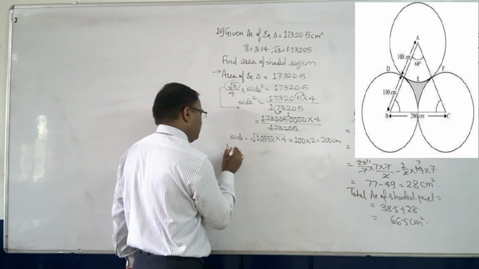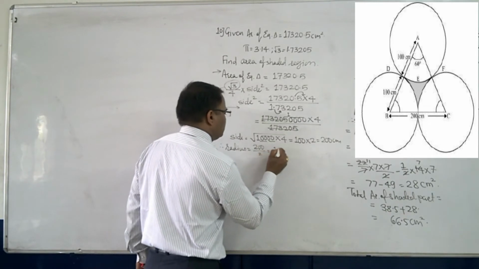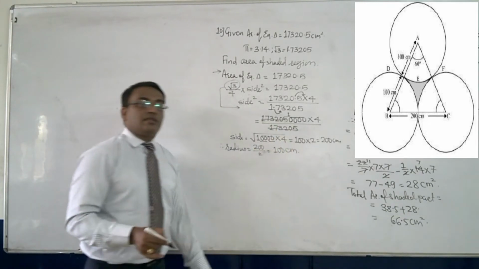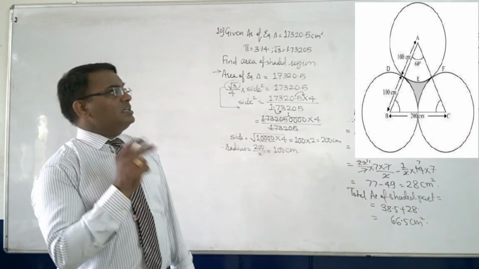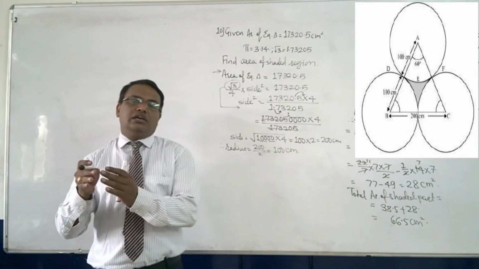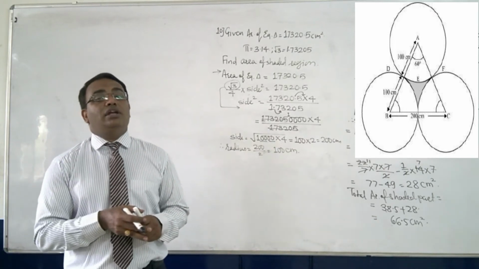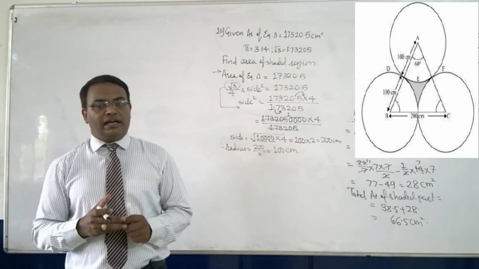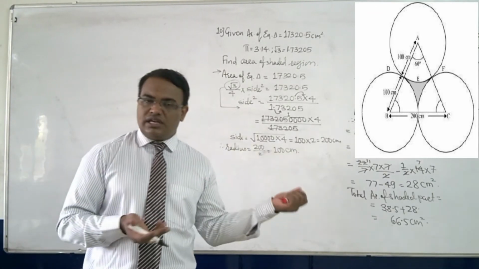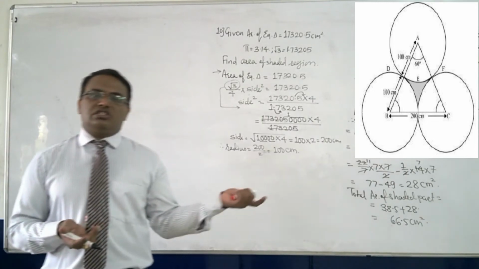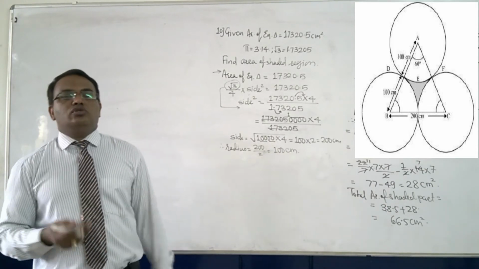Therefore the radius will be 200 upon 2, that is equal to 100 centimeter. Now, is it easy to find out? Yes. Now the circles and the equilateral triangle, observe this. If you observe carefully, you will find that at each vertex of the triangle a sector is formed, and each sector is equal, because it is an equilateral triangle. So theta is 60, 60, 60, and the area is theta upon 360 into pi r square, which is equal. So that you can easily do.